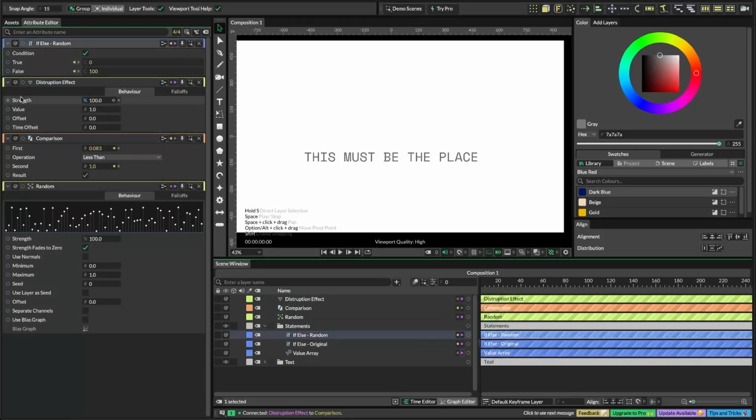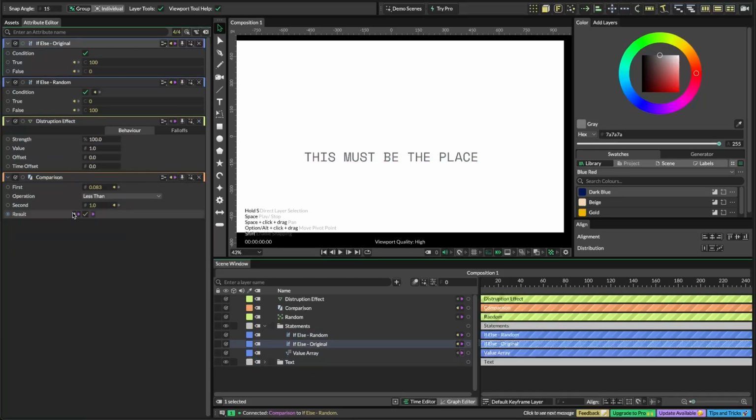So let's get the result here, plug it in here, and we will do the same for the original. Like so. Now you can see when we slide between 0% and 100%, our characters are switching between the two font layers. At the moment, the behavior is the wrong way around. I'd like it to be 0, we see our proper text, and 100%